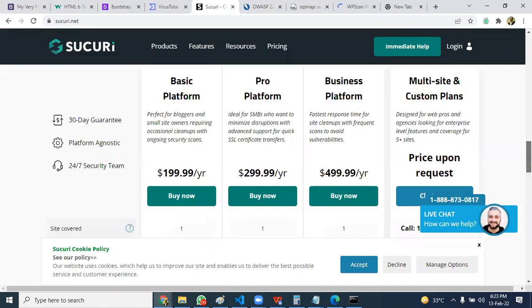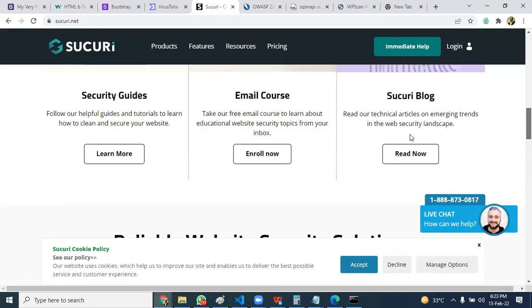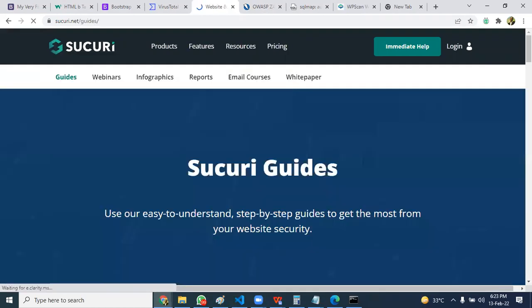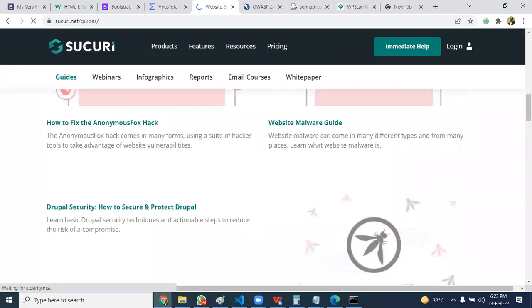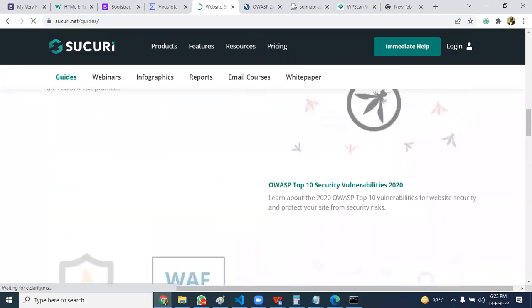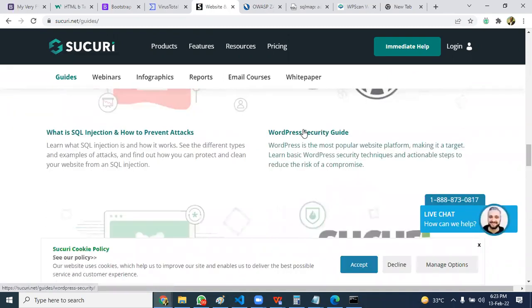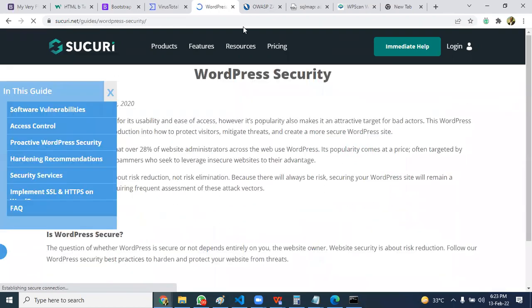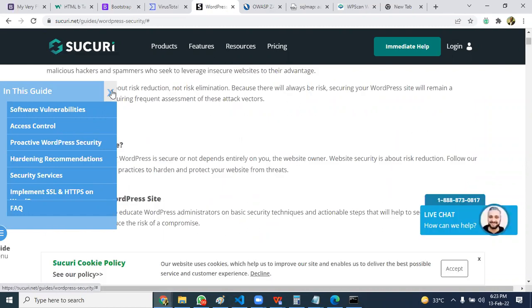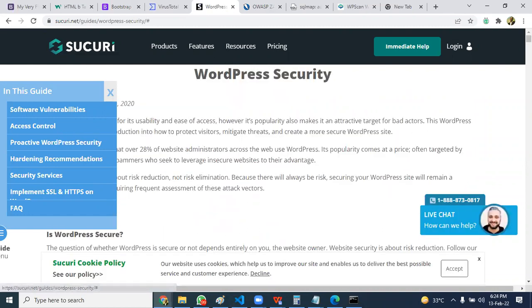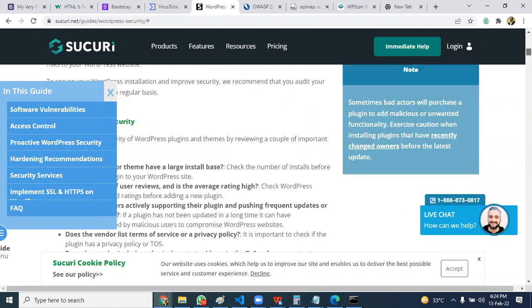And if you want to go into security, there are some things that you should learn. There are some security guides that you should understand when it comes to securing your website, depending on the kind of website that you have. Yes, the WordPress security guide. You want to exhaust all of the things here and try to understand these basics when it comes to securing your WordPress website. Because millions and millions of sites are built on WordPress. So if you know how to do some basic vulnerability assessment,